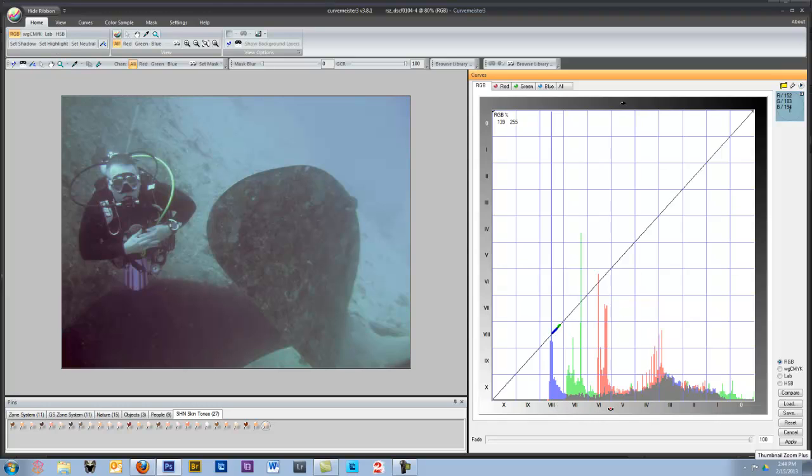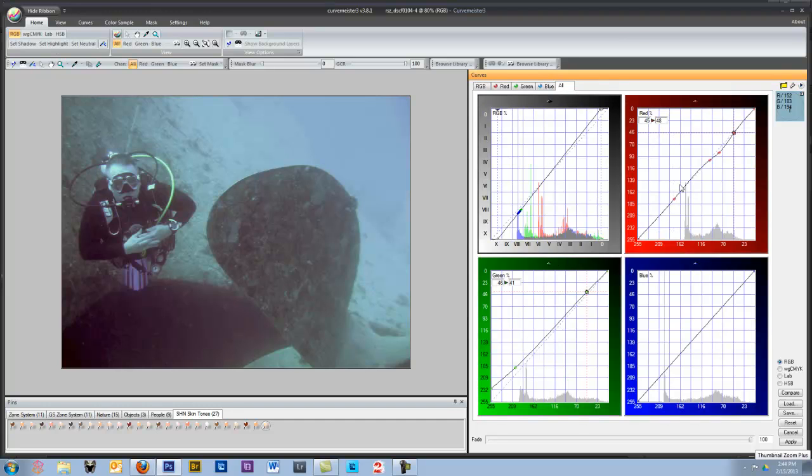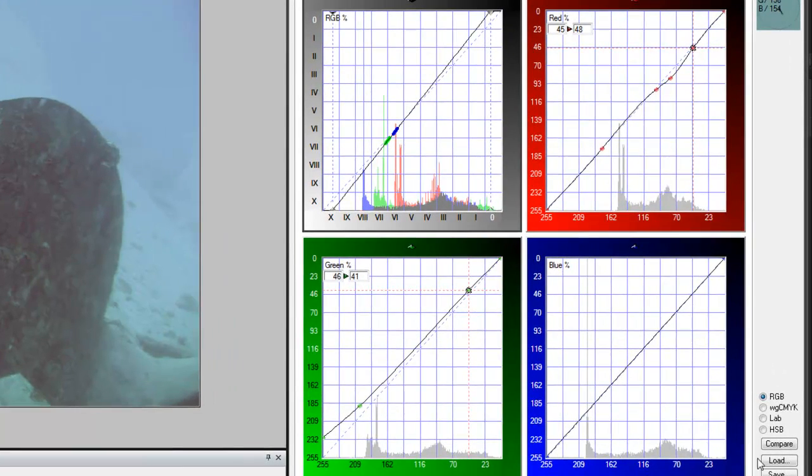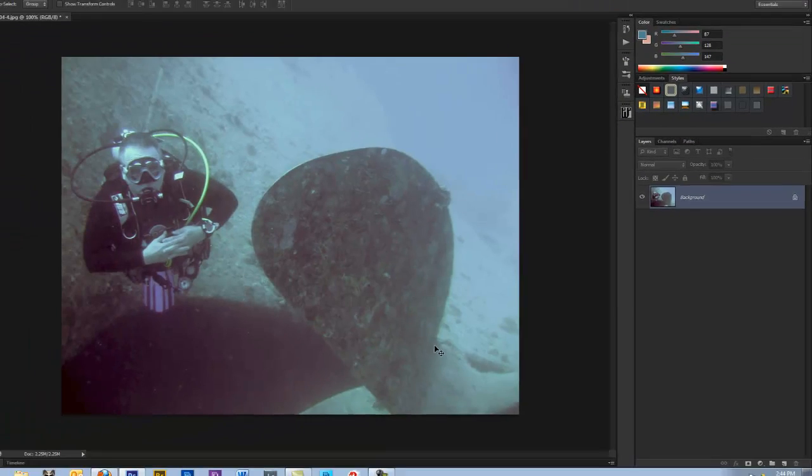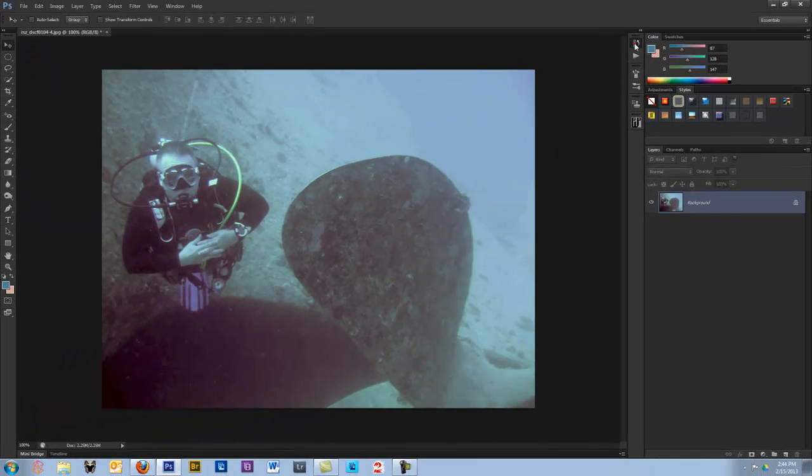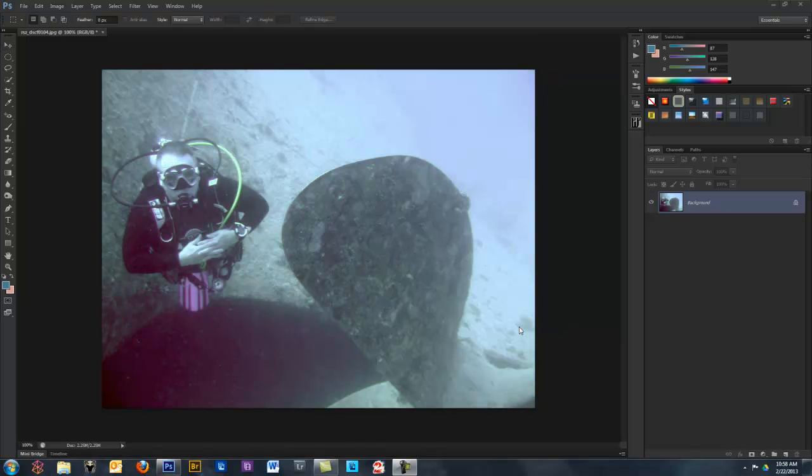And again, I'm going to go to the master channel here just to give myself a little bit more contrast. And as you can see, there's just been some slight adjustments to the curves, and it brings us into a much better place overall for this image. So if I apply that and we look at, okay, one of the things that's been pointed out about this